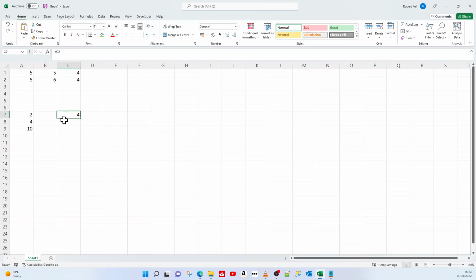Using that, you can write formulas and say equals C2 times 4. If I press enter, 4 times 4 is 16. So C2 times 4 does equal 16. If I were to change that to be 6, 6 4s are 24. There's the result of my equals C2 times 4. Or you can say